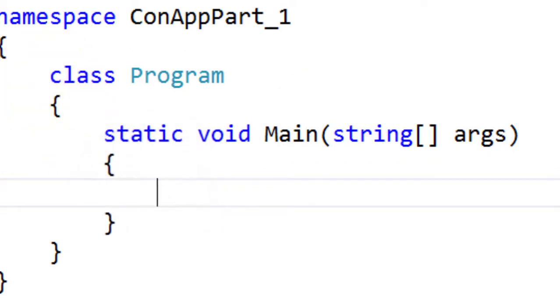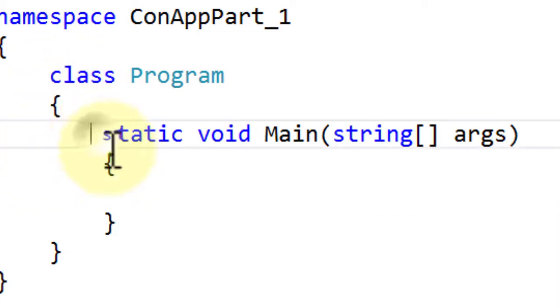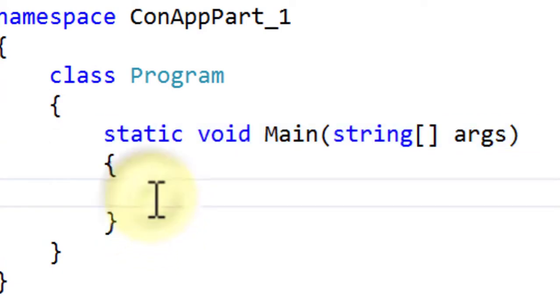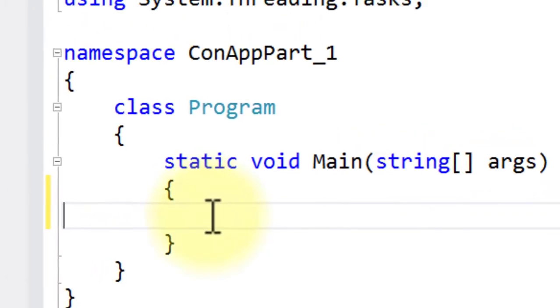So inside this entire application there should be only one Main method we are going to use. In this entire application there can be a number of classes, but there is one class that contains the Main method. Okay, so all the applications start from this Main method.